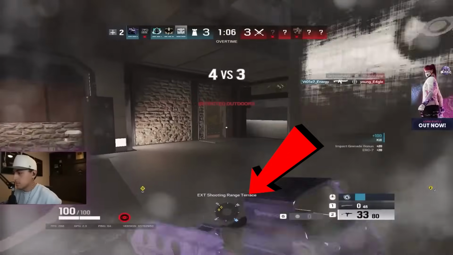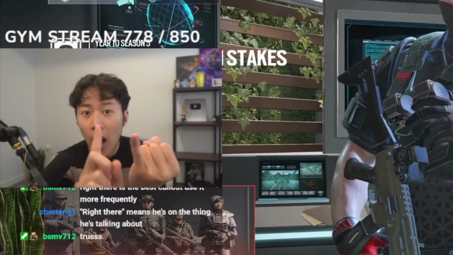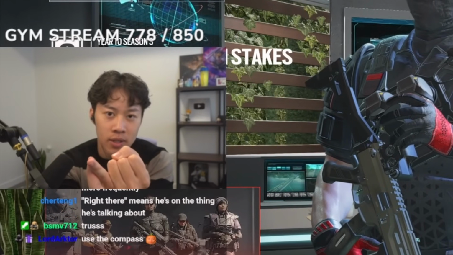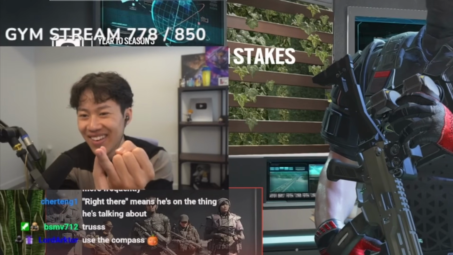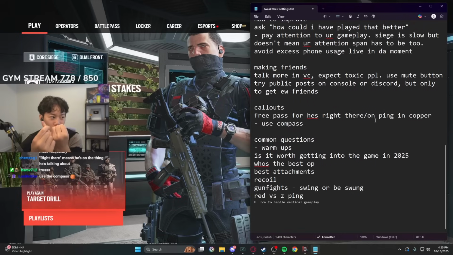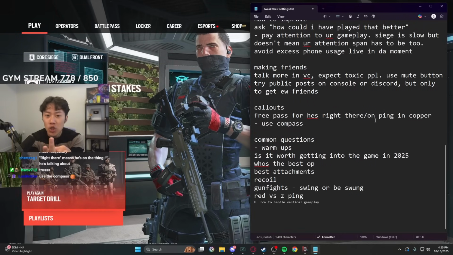So please use that. But the best way to give callouts, guys, number one, operator name. If you don't know the operator name, do your best to describe them. Don't just say "dude with a mask on." Don't say that. Try your best to say the operator name. Say their location, not